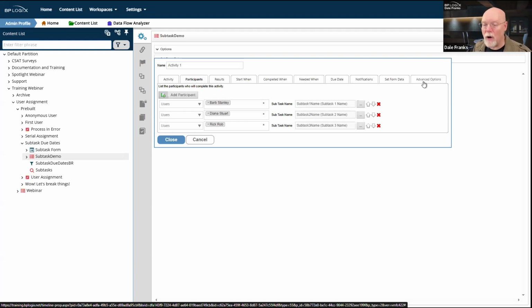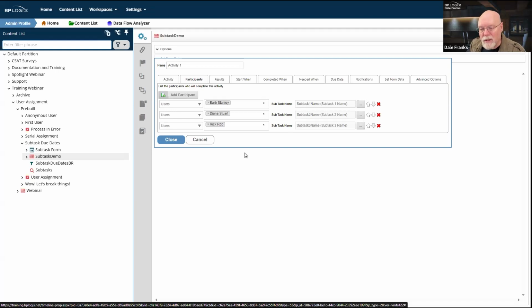Now, by default in Process Director, if I assign multiple participants, and by the way, you can assign as many participants as you want. So if you assign by a group, you assign it to the finance group, and there's 10 people in the finance group, it will assign that task to all 10 people. And by default, all of their current tasks will run at the same time.